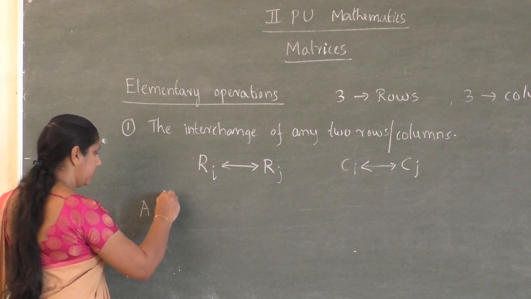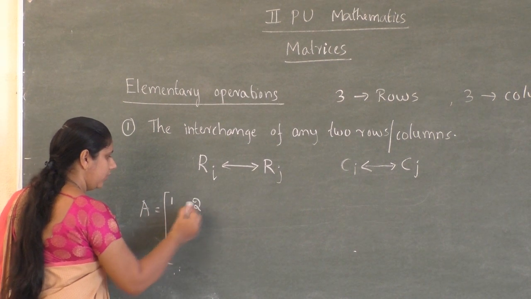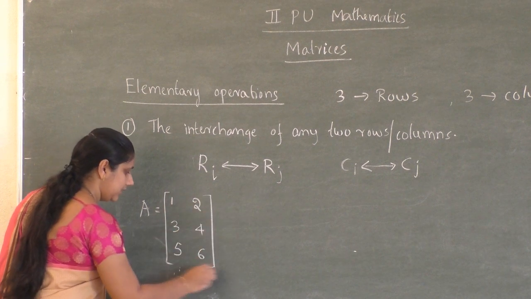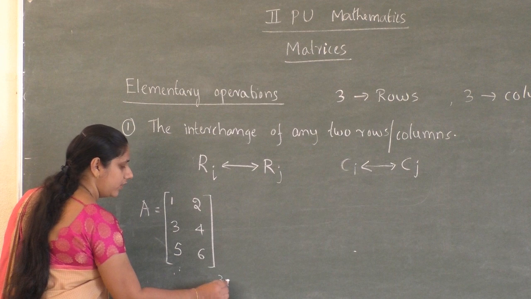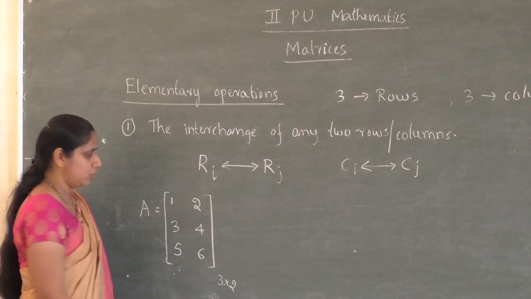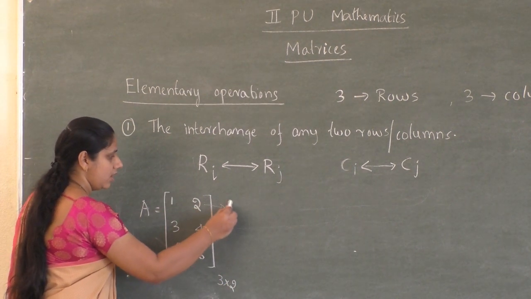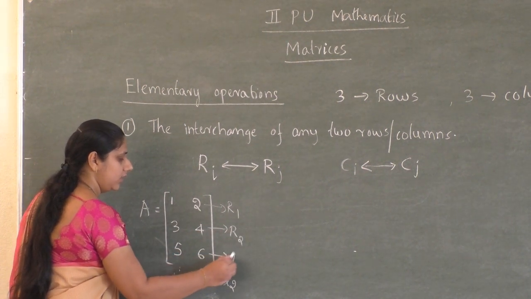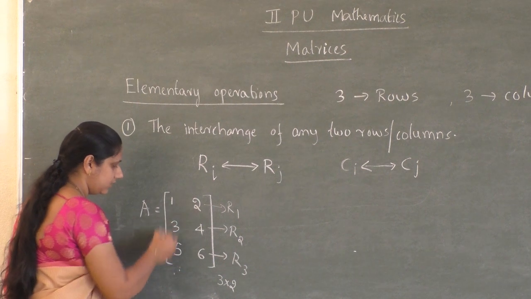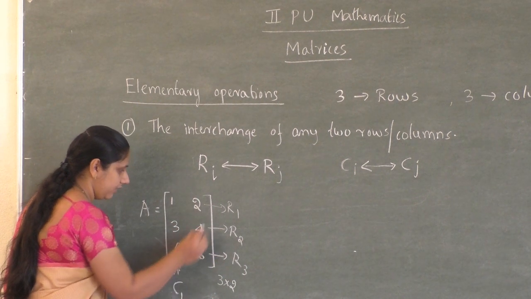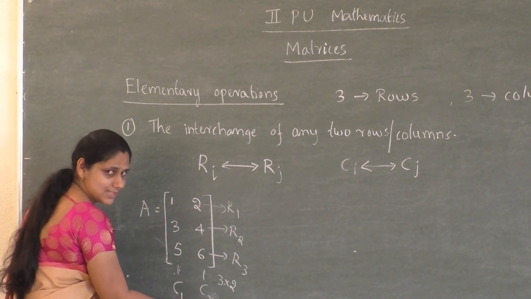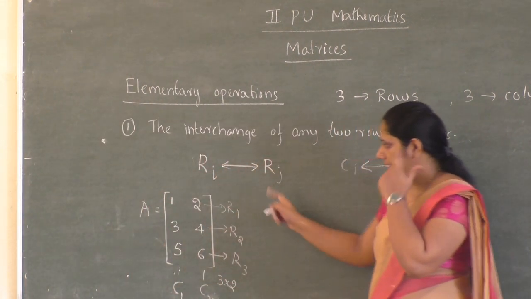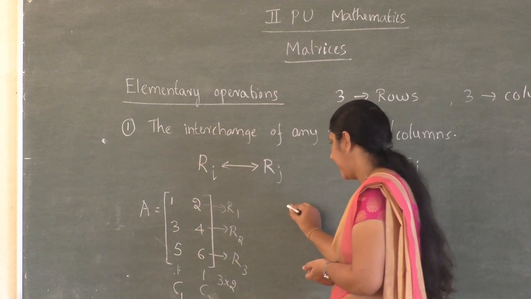Let A is equal to 1, 2, 3, 4, 5, 6. This is a matrix of order 3 cross 2. So this is R1, this row is R2, this row is R3, whereas this is column C1 and this is column C2. Now we apply this operation, that is, I will take